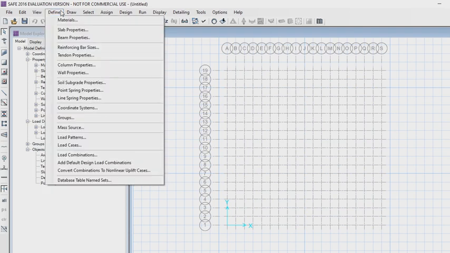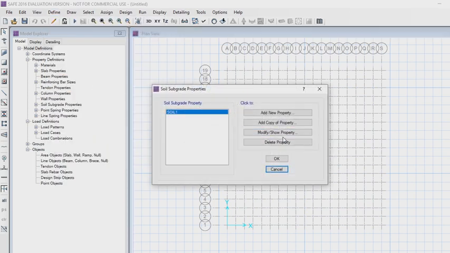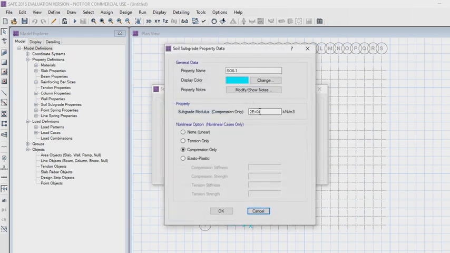Again go to the define menu, select soil subgrade properties, select soil 1 and click on modify slash show property. In the subgrade modulus, change the value to 3 e 4.